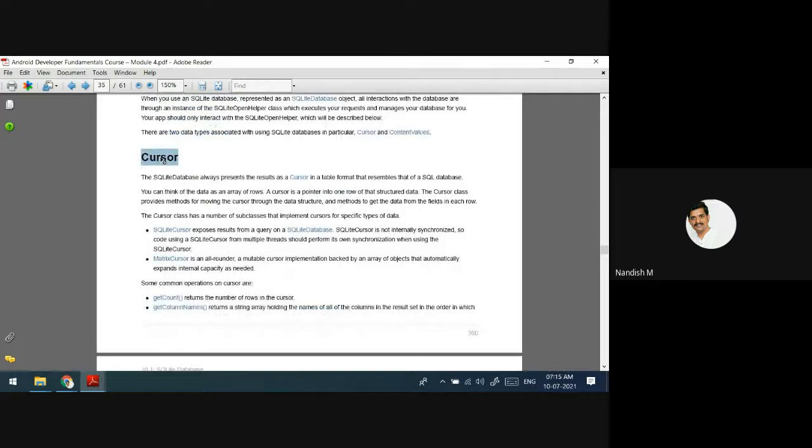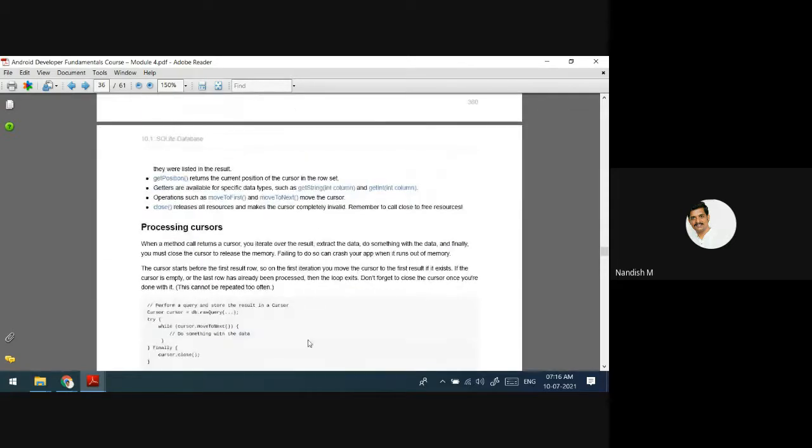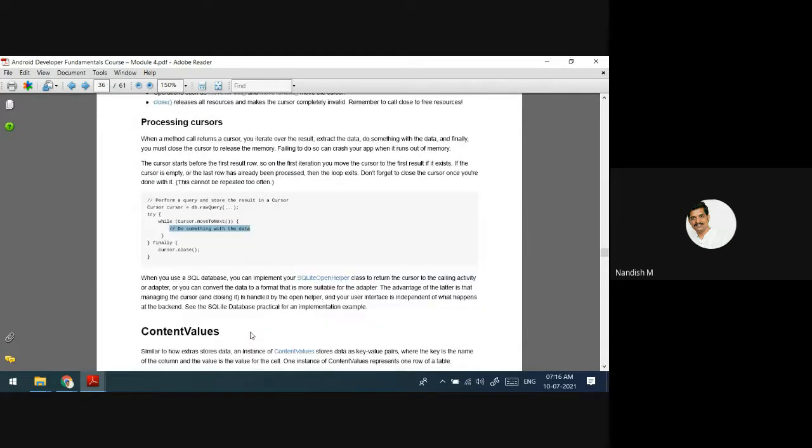If you want to understand what this cursor is, it is just like a pointer. That pointer will go through the object, and using this cursor you can get the values whichever you want from the cursor object. You can get the number of rows in the table, like this. See here, cursor db dot raw query. You write some query, and from this cursor object you are going to get all the values if you want to print anything.